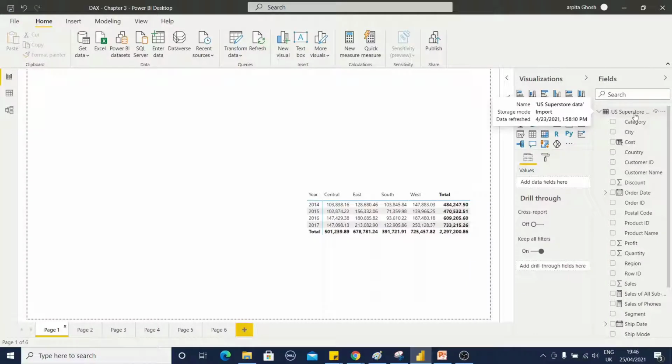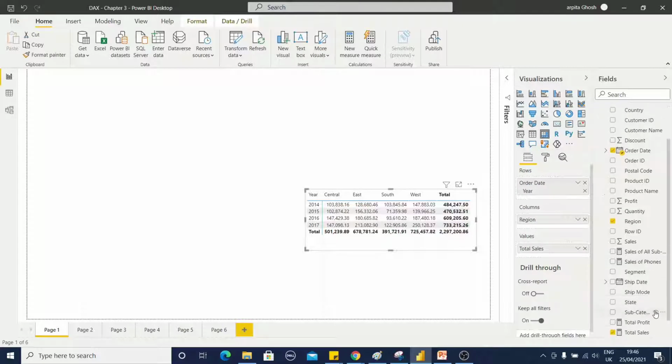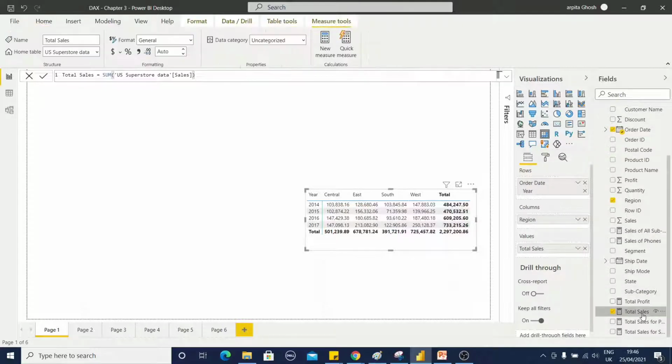So now I am in Power BI Desktop. I have imported the US Superstore data here. First, I have prepared one field, total sales, which is a simple sum function. Based on that, I have created one matrix view, taking the year, region and total sales.